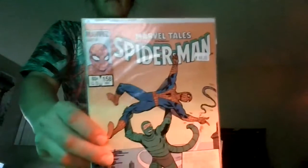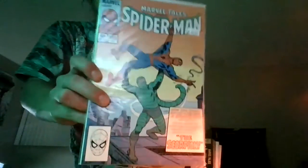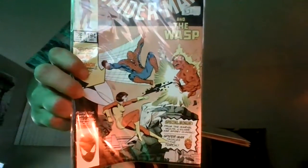And then part of the run, I like the Marvel Tales, which at this point, from here on in, is going to be just pure Spidey. But I like Marvel Tales. I'll keep collecting them. And here's another one featuring Spider-Man and the Wasp, Janet Van Dyne, featuring from the Silver Age,